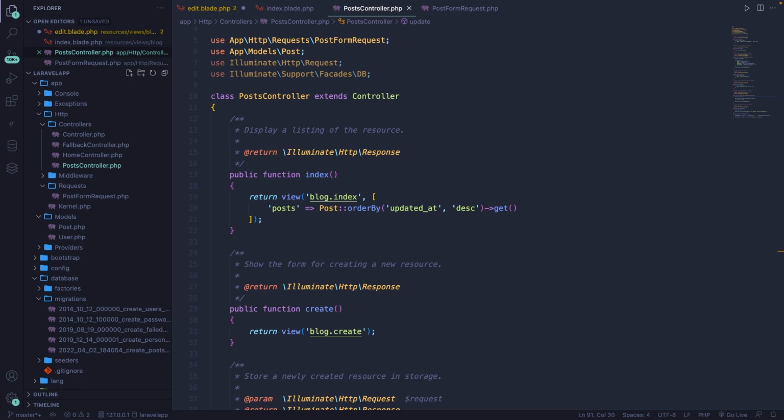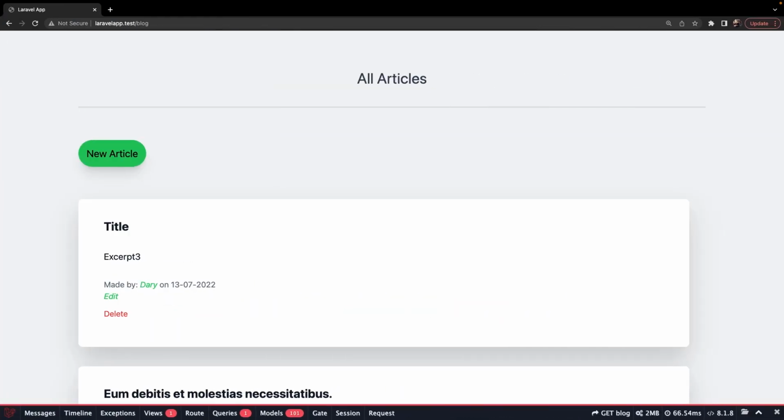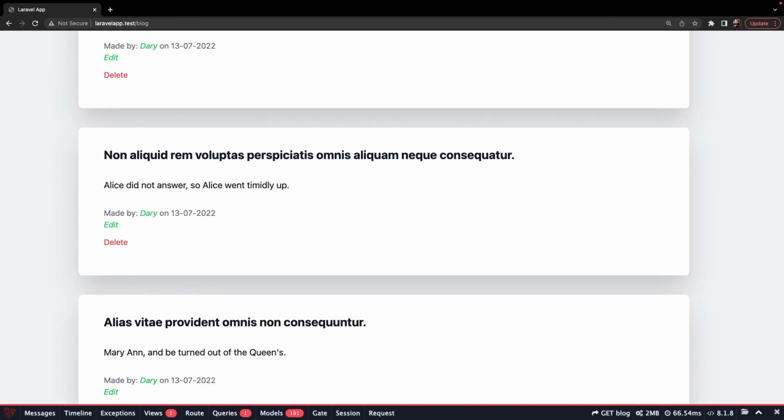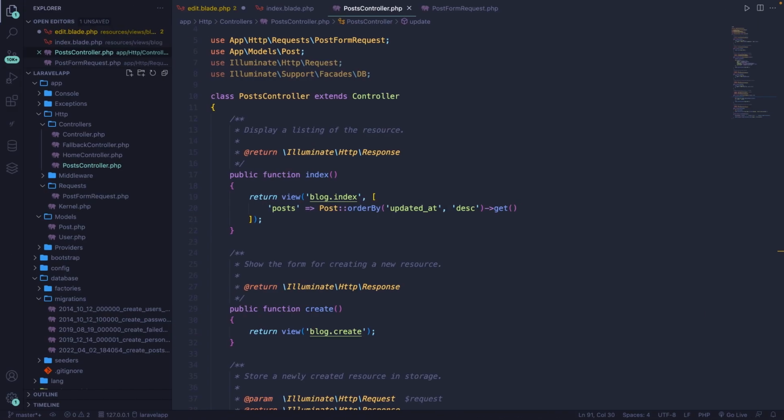Using pagination is incredible when working with many database rows for a single page. Eloquent and the Query Builder both allow developers to use the paginate method when retrieving data from the database. If we navigate back to the browser, you'll see that we are retrieving all rows that we have from the database. In most cases, you want to show a certain amount, so let's say 20 rows, and give the user the option at the bottom of the screen to retrieve another 20 rows, up until it reaches their last row out of the database. It's pretty easy to add pagination in Laravel, so let's navigate back to Visual Studio Code,